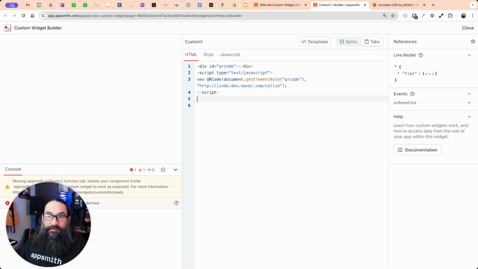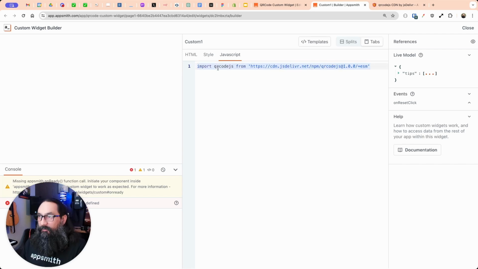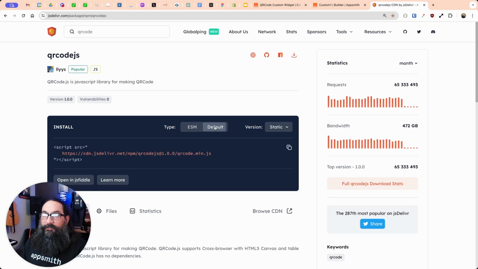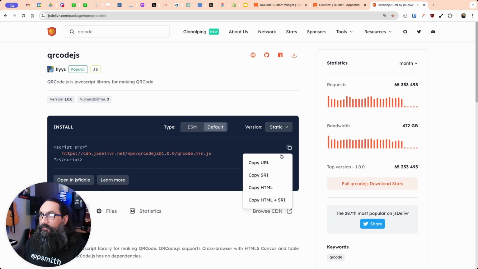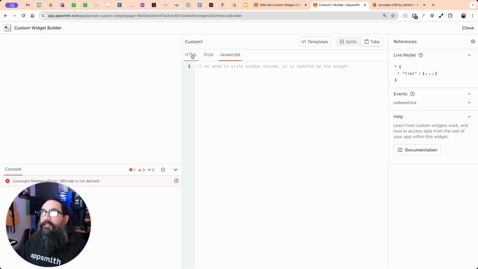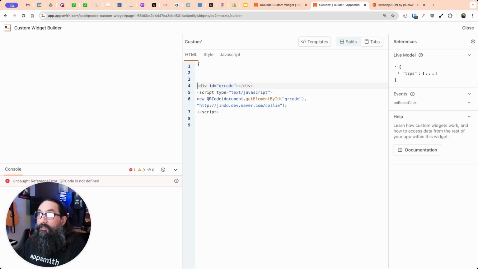Okay, it says QR code is not defined. So that means that it's trying to call this QR code function and it's not seeing that library available. So instead of that ESM import here, I'm going to try the HTML one. I usually go for this first, but I just wanted to show if you do get the error, try the other version. And so if I import this up here,